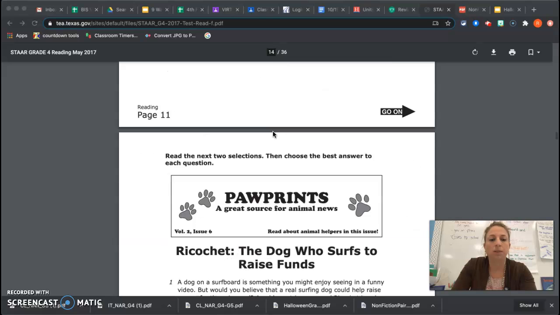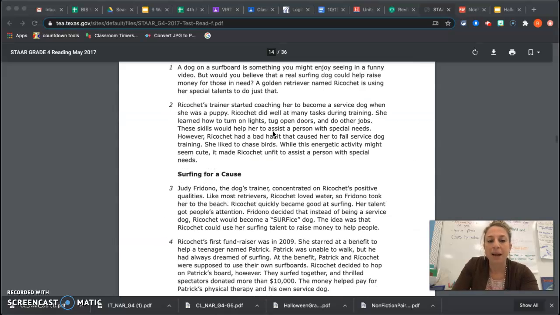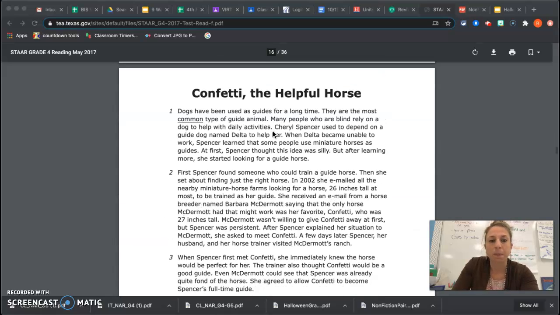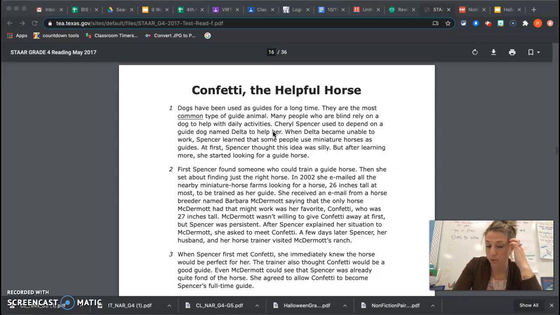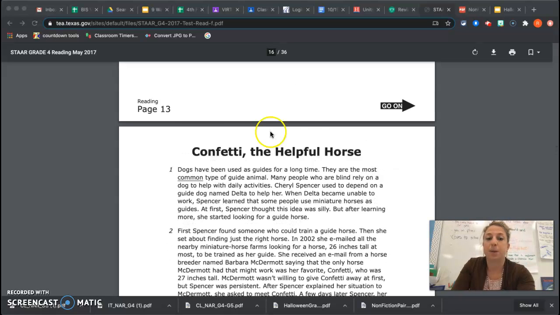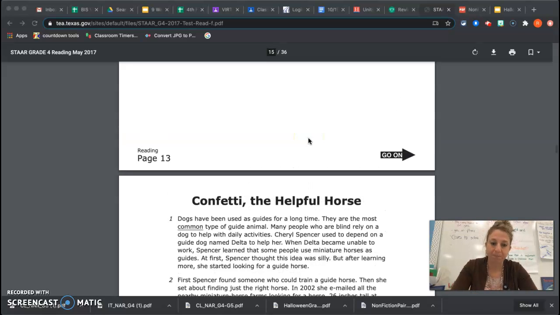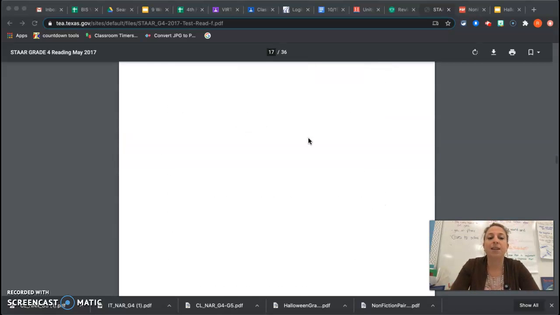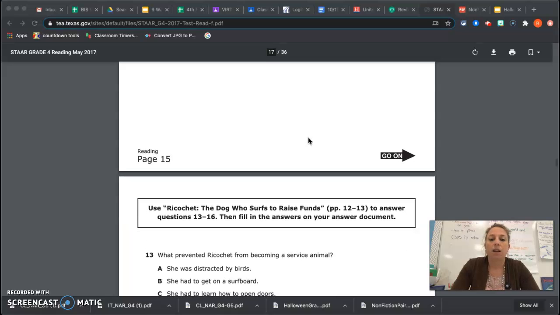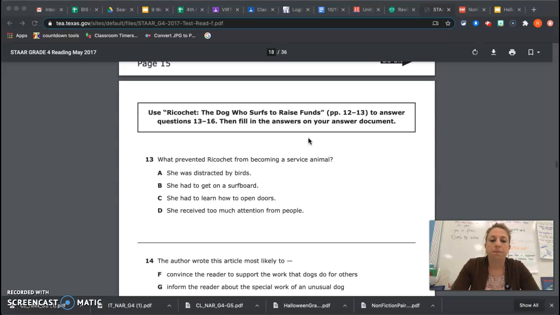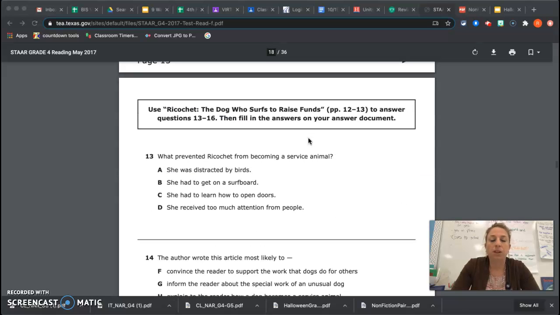Oh, hold on. Here we go. We have one page of this story or two, and then we have another story here. You're going to notice this page didn't have any directions because it goes with the other story there. After the second story, you're going to see where it says,